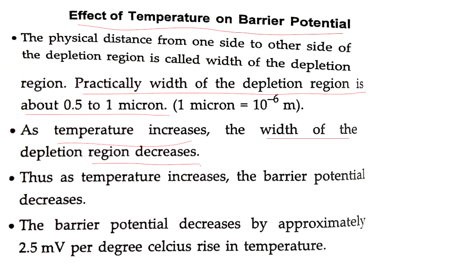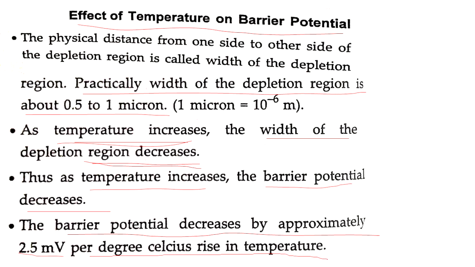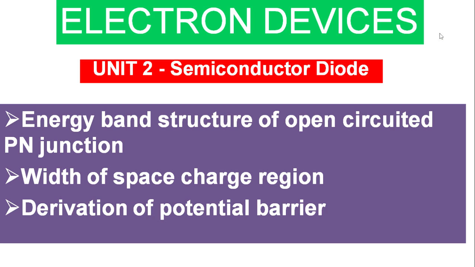So at room temperature the thermal equilibrium will exist. Whenever we increase the temperature, the depletion layer width decreases. That means the strength of the barrier starts to reduce. So as temperature increases, the barrier potential decreases. That means the temperature and the barrier potential are inversely proportional to each other. The barrier potential decreases approximately 2.5 millivolt per degree Celsius rise in temperature. This is an approximately constant value. So temperature and depletion layer width are inversely proportional to the